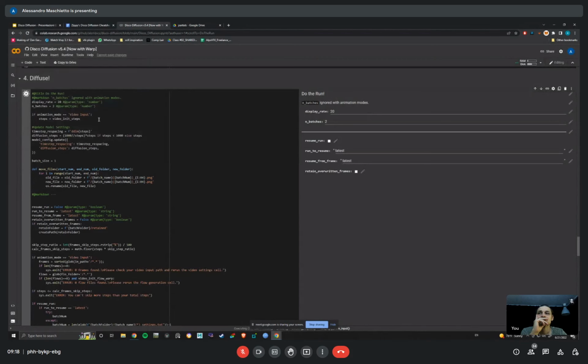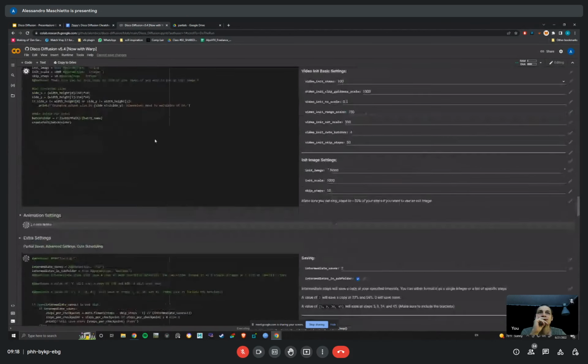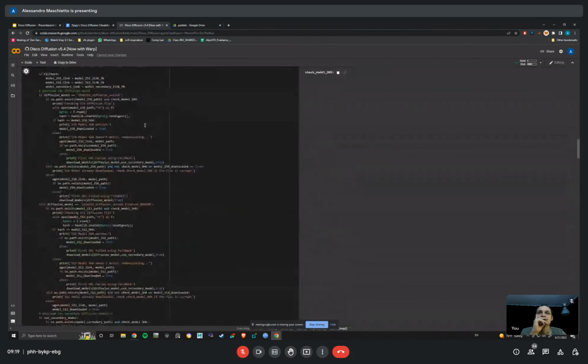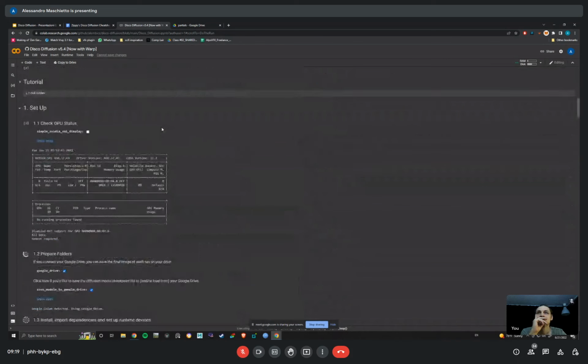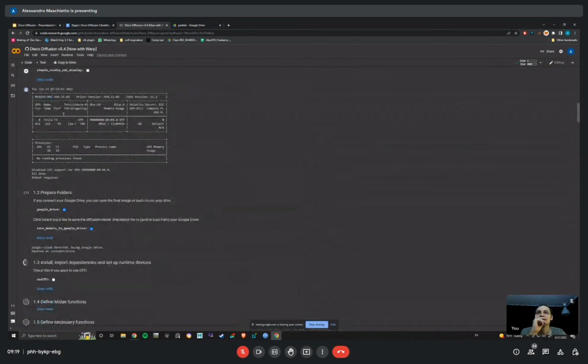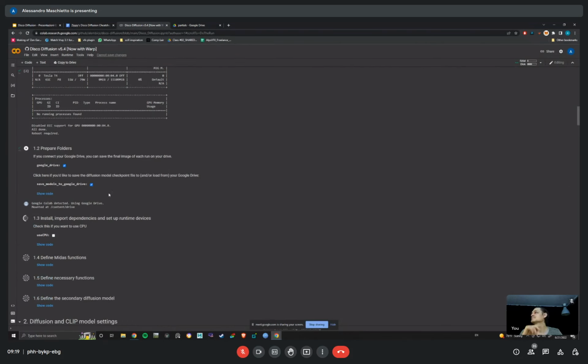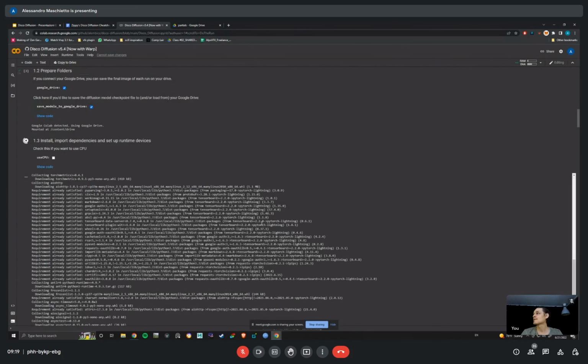Boom. Then it's gonna do all these checklists. Oh, here you can see the GPU you have. It's a Tesla T4. Kind of crappy one if we're talking AI, but I would love to have one. It's like only 10K.